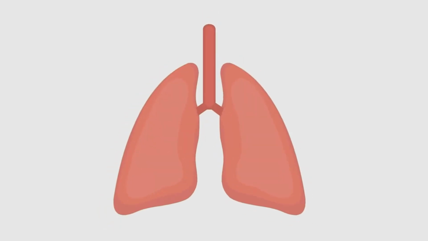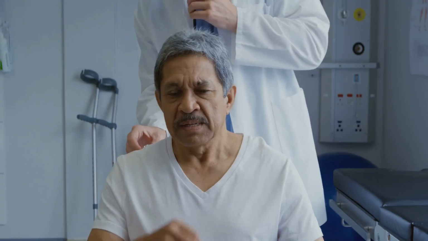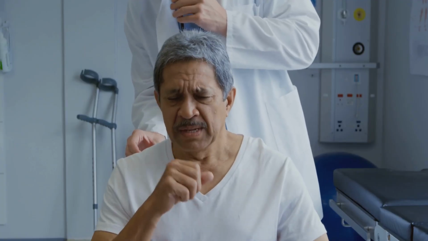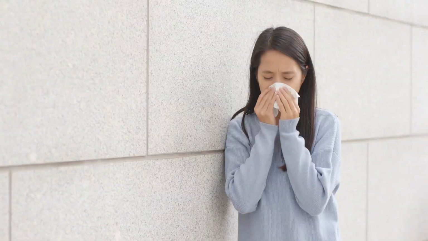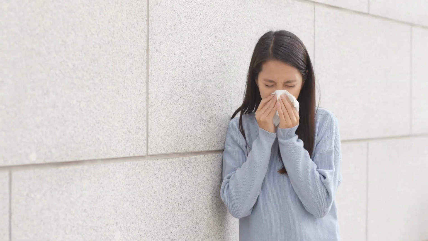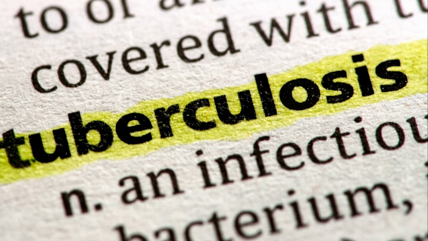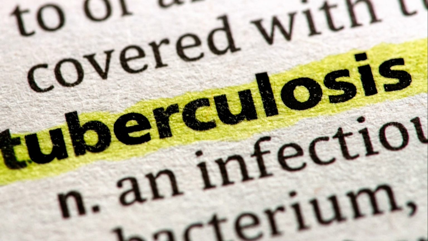Tuberculosis is a bacterial infection that you should know about. Tuberculosis is caused by Mycobacterium and affects the lungs. The symptoms are chest pains, fever, night sweats, weight loss, and a cough with blood. TB is spread through the air when people with TB cough, sneeze, or spit. Only a small amount of germs are required to cause an infection.